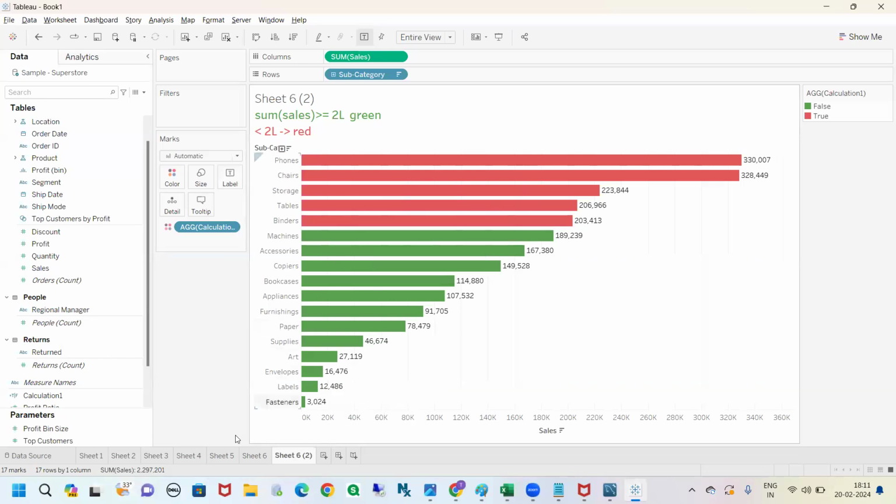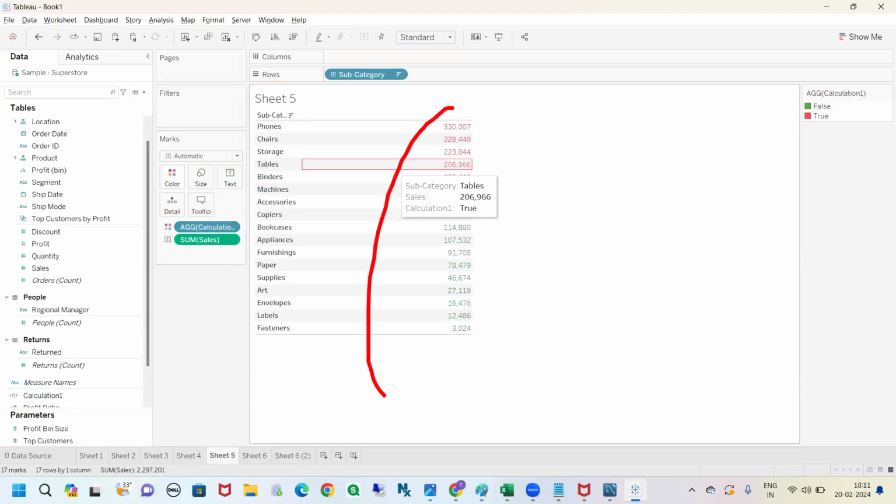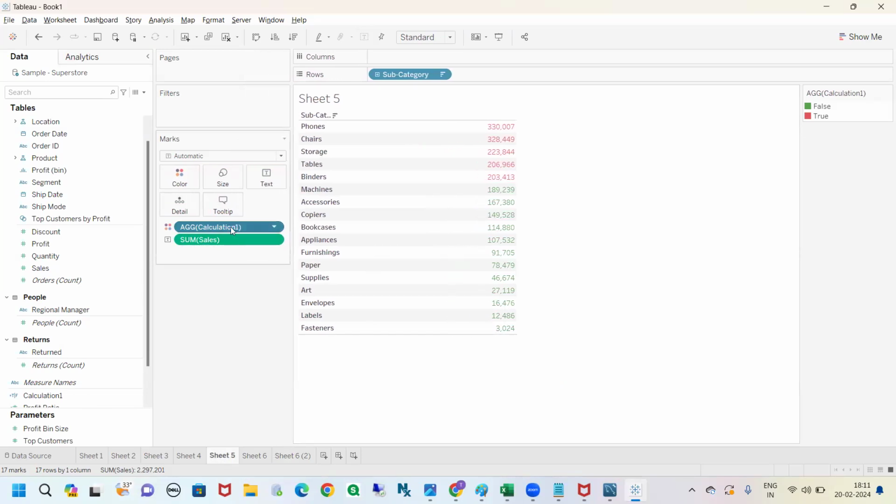If you want to achieve the same thing for text tables also, same thing. You can directly drag calculation one into the color shelf. It will generate the same thing here automatically. You see what will happen. I will tell you one more thing. What will happen here? We are using the calculation one in the